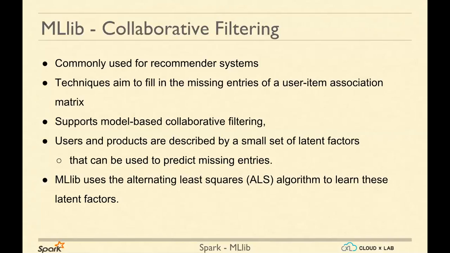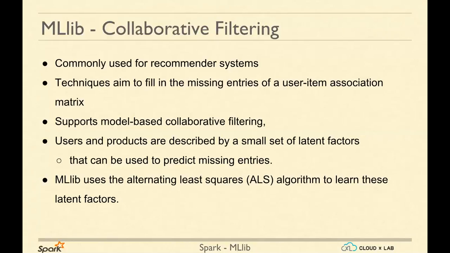You can think of it this way: there are 3 columns. First column is user ID, second column is item ID, third column is how much this user likes this item. Most of these techniques help us fill the missing entries in this,